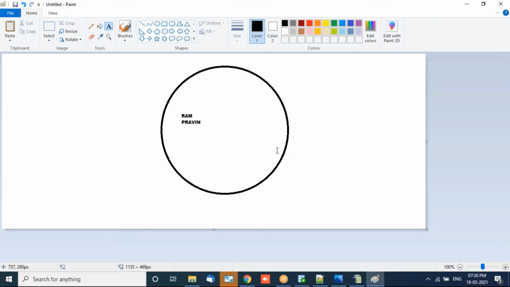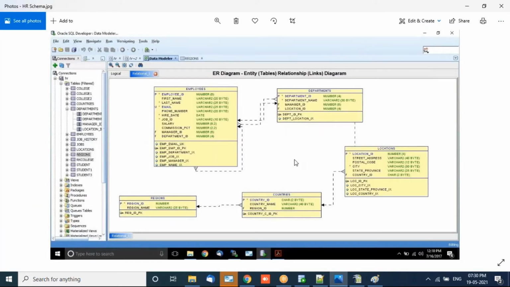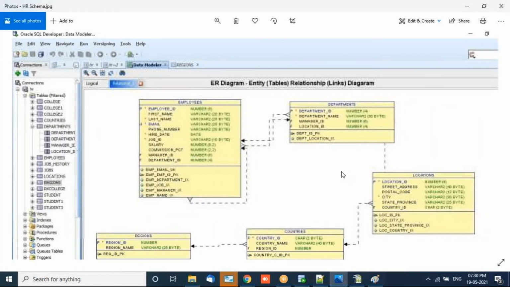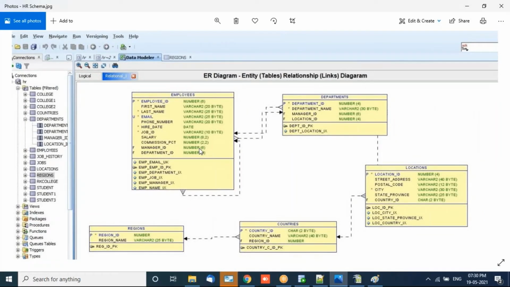The create table topics are at the end. Initially we are going to learn all these data types. We are going to work with this sample schema, this HR schema. We are going to do a lot of queries on this one, so that you become strong in the SQL queries or the select queries. So 65 to 70% is select query and 30-35% is creating database tables and everything. That is a very small part.